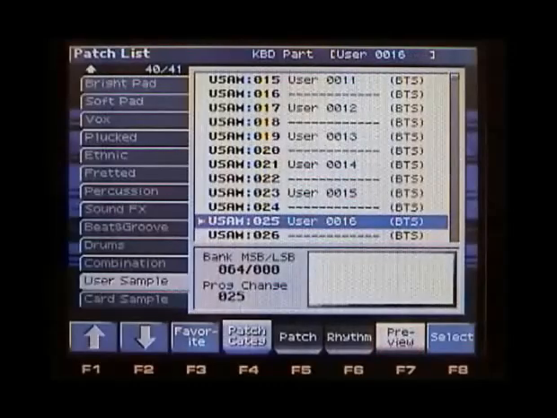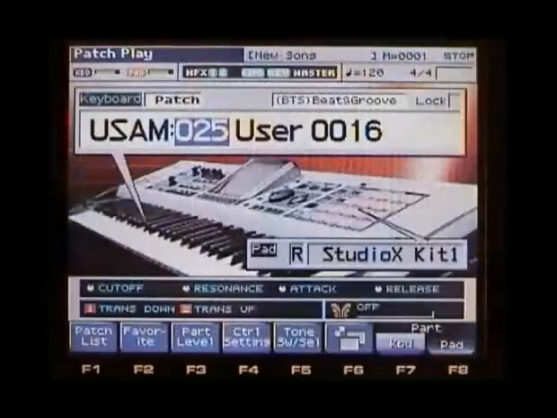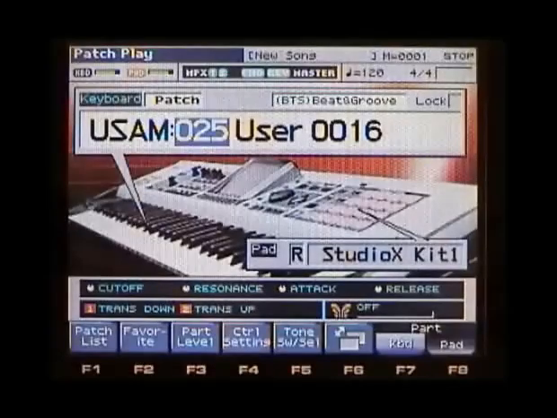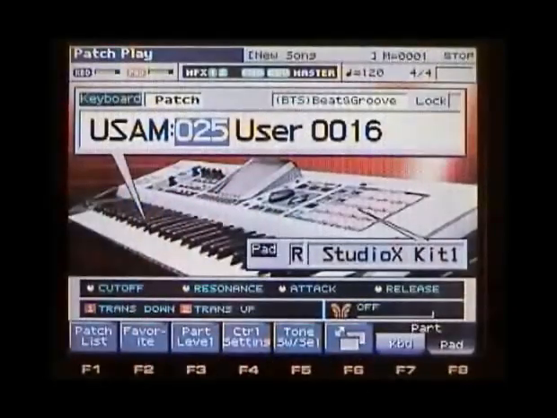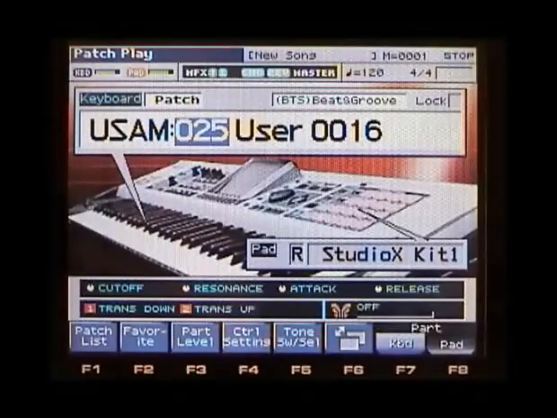Go ahead and select this tom sound, and then just press F8 to select it. And now you'll notice that the name of the sample is actually appearing as it's being played directly from the internal sample memory. And if I press the keys,